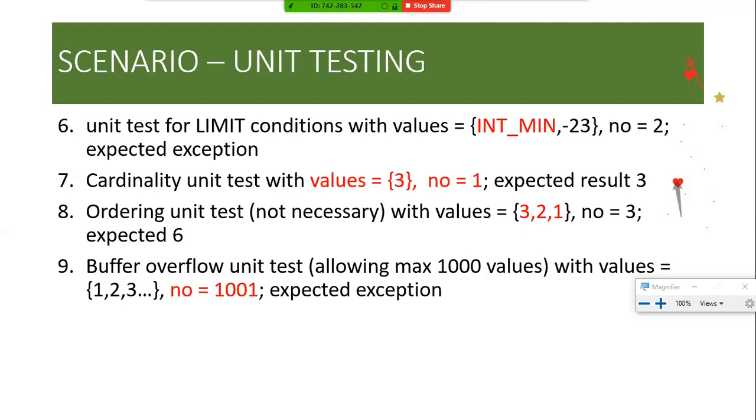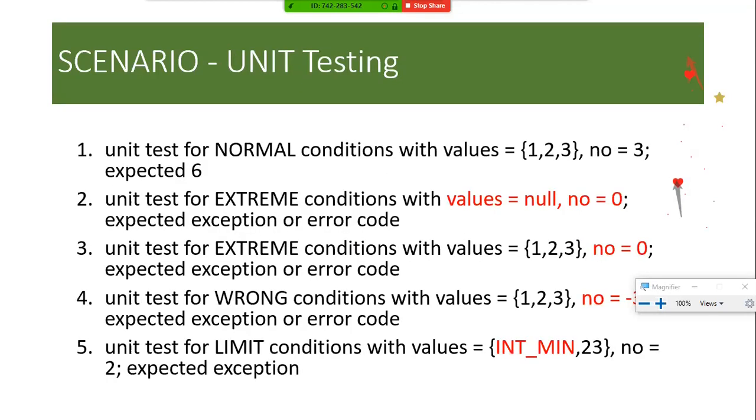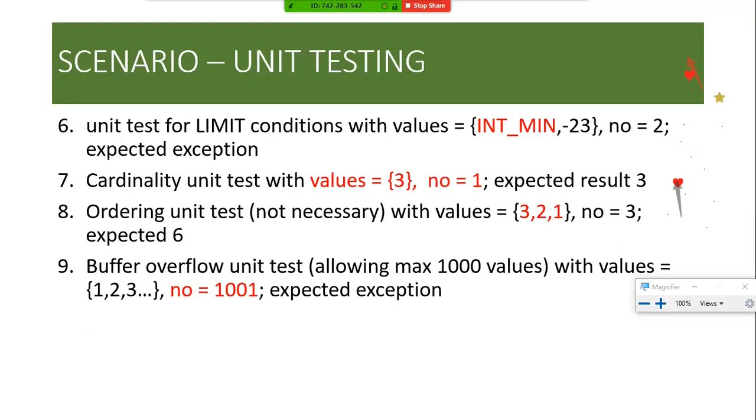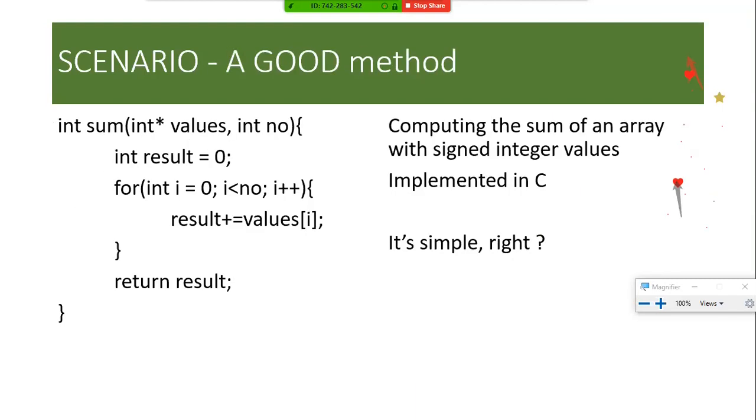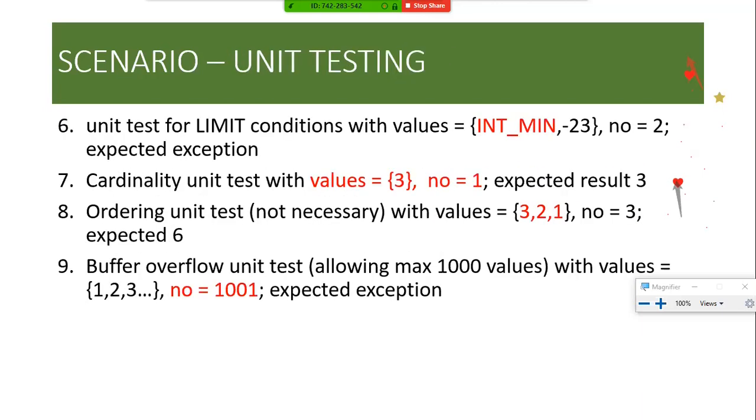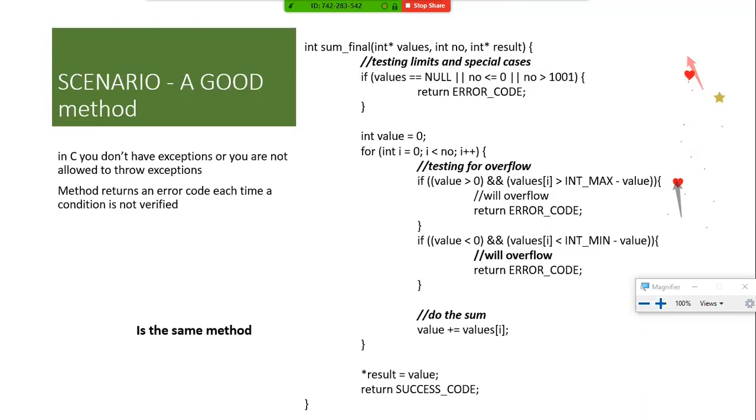But you see, there are actually 9 corner cases here. Okay, and in the end, if you go through all these 9 tests, generally they will fail because no one has taken that into account here. We focused only on the normal case. This is how the function will look like. So it's very difficult to write that function like this. No one has